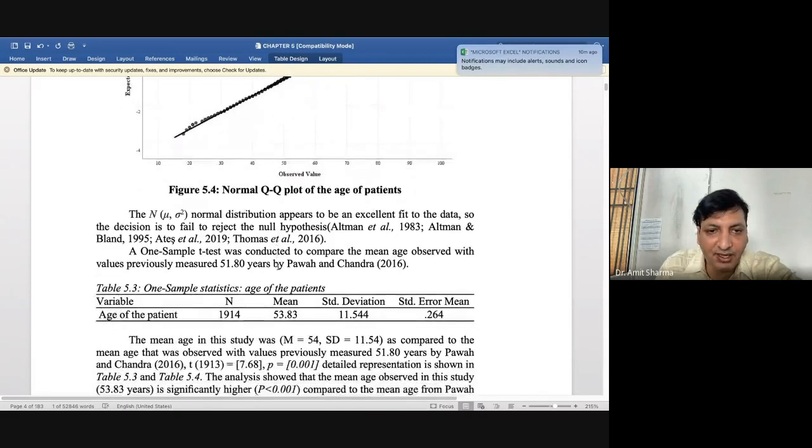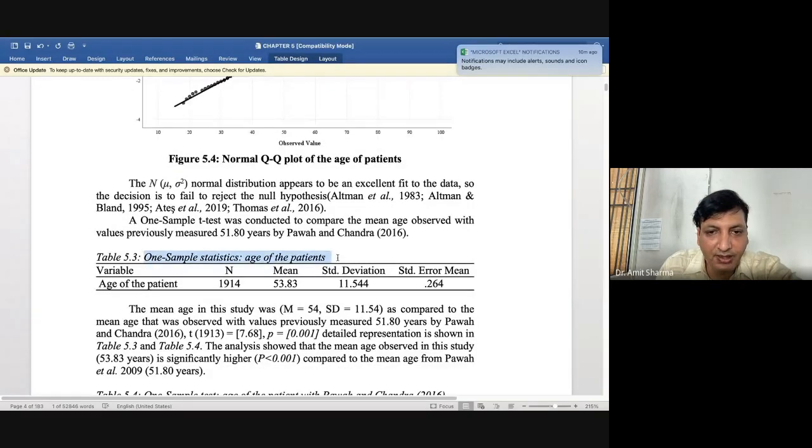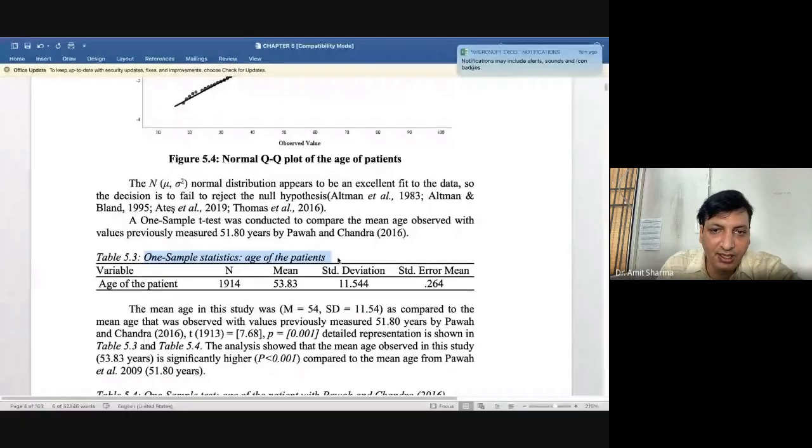And you can see that here I have applied a one sample t-test. In the one sample t-test, I was comparing the age of my project with this author, Pava and Chandra 2016, whose mean age in their study was 51.80.